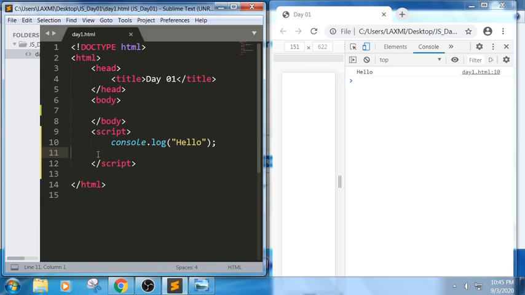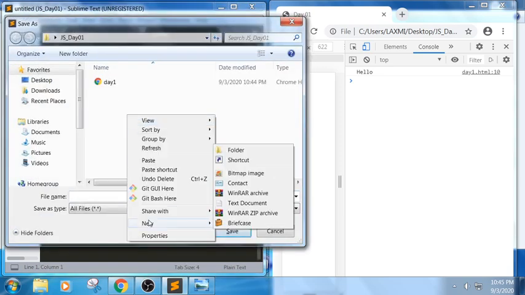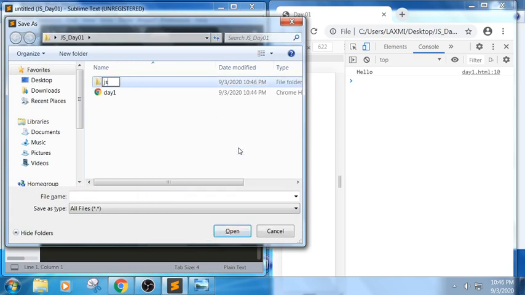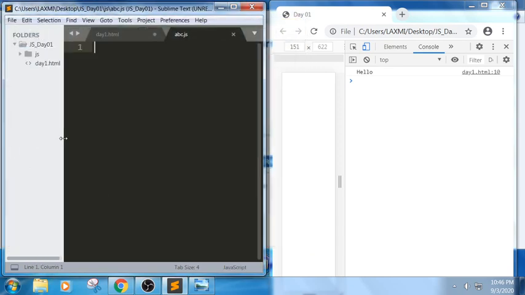So can I use external JavaScript now? Yes. For example, if I want to use external JavaScript, I press Control N for a new file, then Control S. Should I create a new folder? No. As I have only two files here, it is very easy to understand: this is a JS file and this is an HTML file. Make sure whenever you save your JS file, you save it as .js. An external file should be saved as .js.